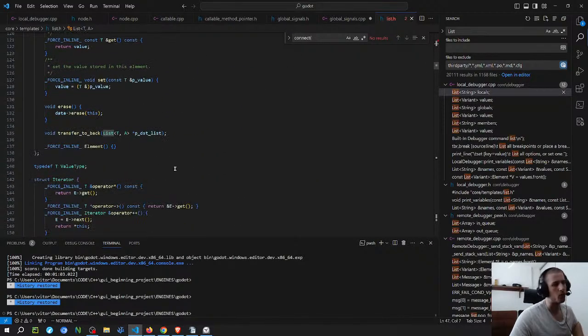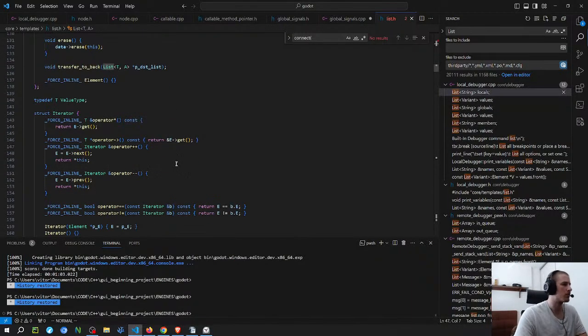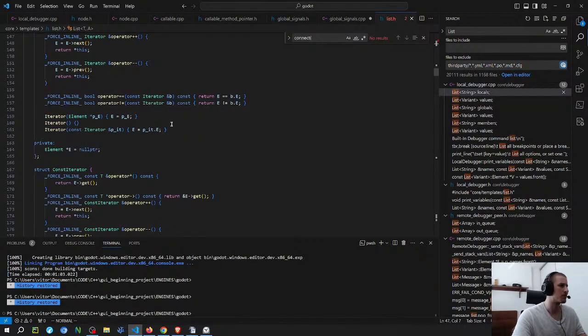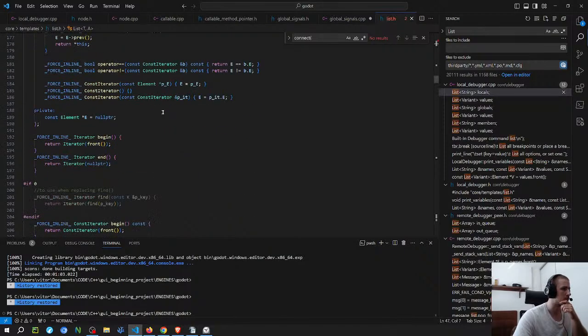But I don't understand why. It's probably because it's a part of the class. So, like the function that is called is part of the class. The class was initialized with the memory pool.